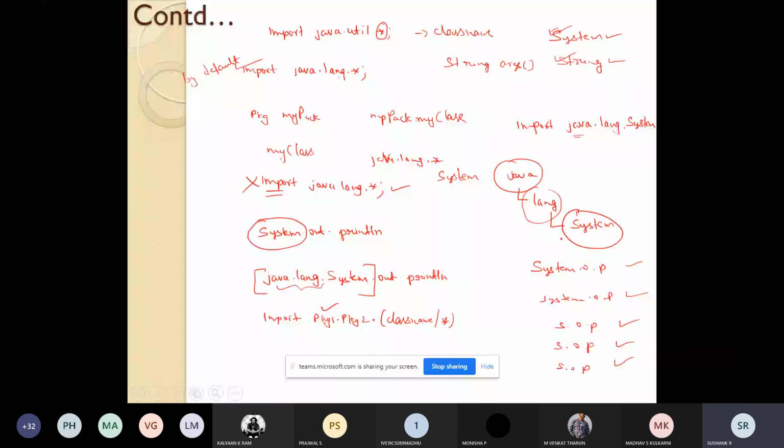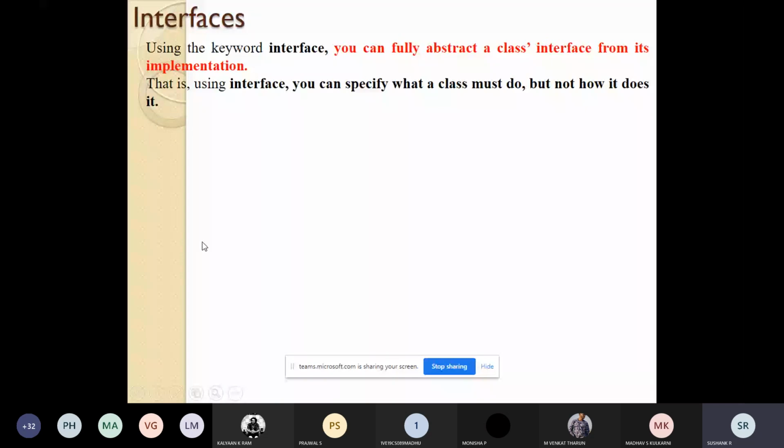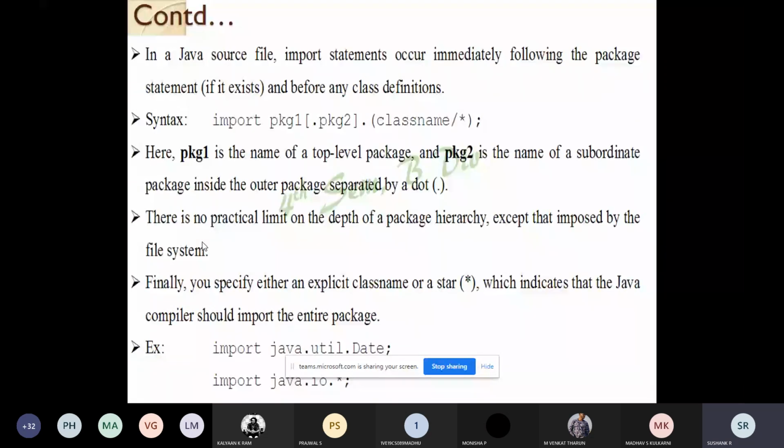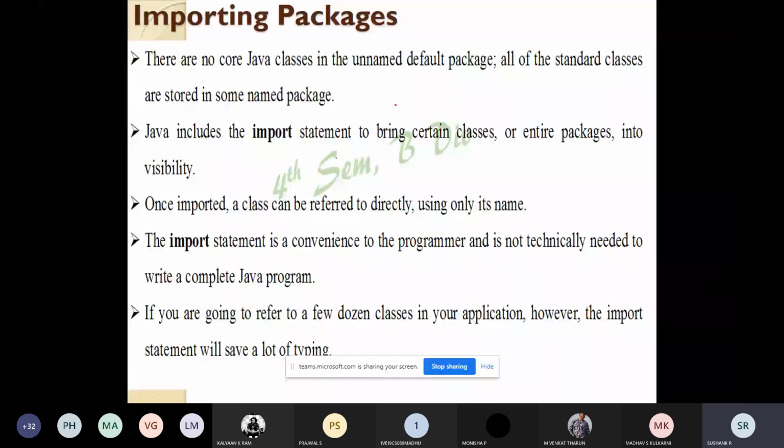And also we have one statement, java.lang.*. This is also a package.